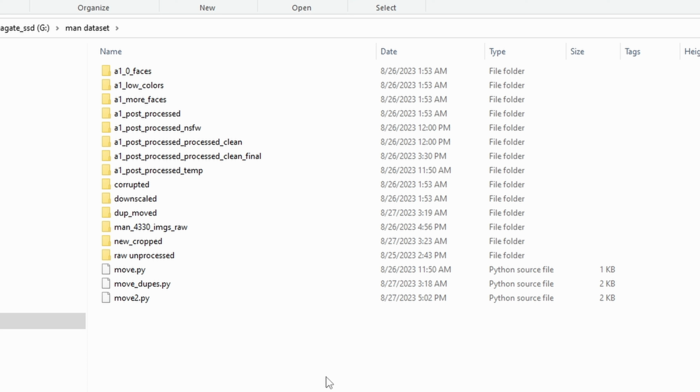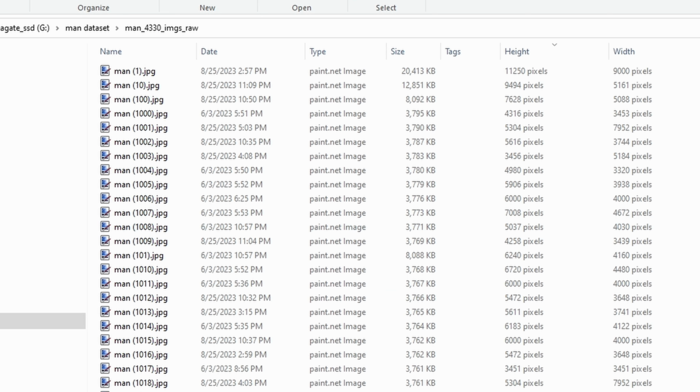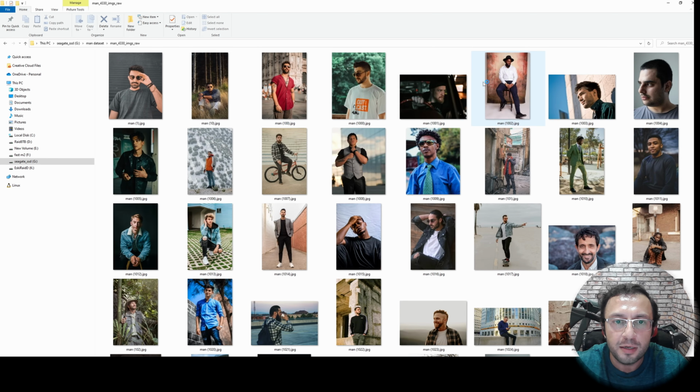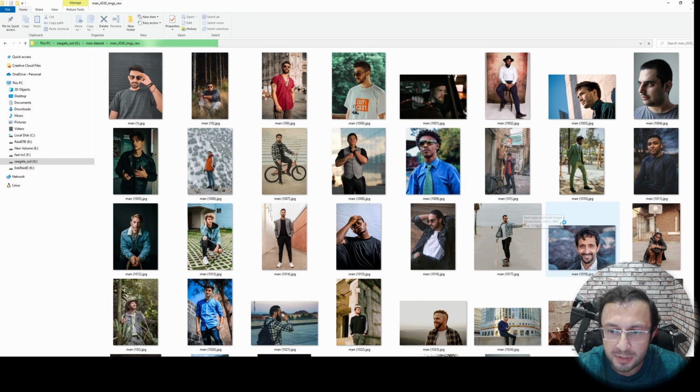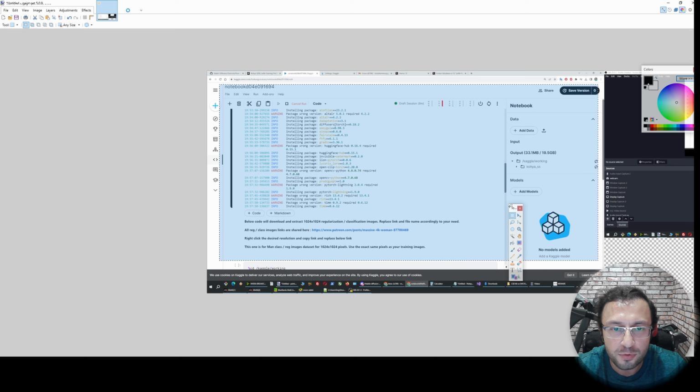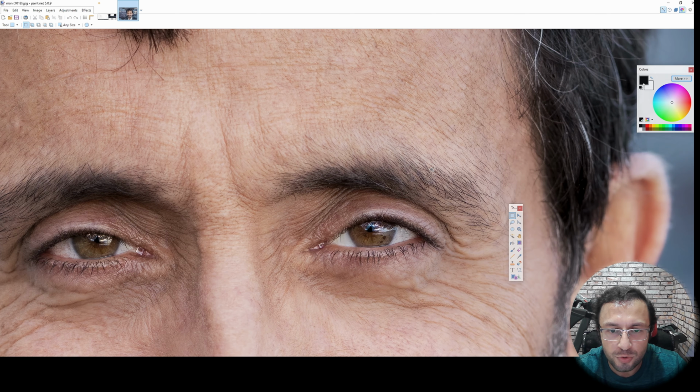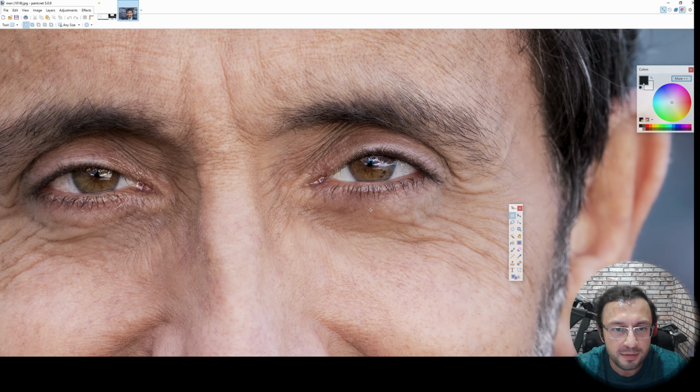I have collected over 30,000 images from unsplash.com. Then I have pre-processed them with AI tools. Then I have handpicked each one of them to ensure every one of them is highest quality. Let me show you one of the example images. You see the details. This is an original image that I use as a classification regularization image.